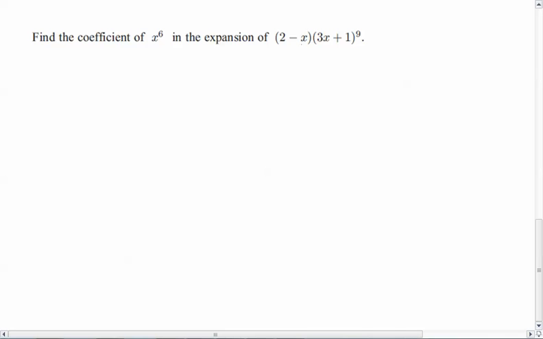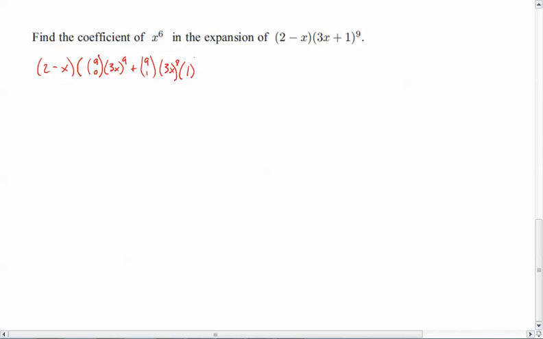If this were me, I probably would not even use the equation that I gave you in this situation. What I would probably do is I would say, okay, let's write out, we've got 2 minus x, okay, and then I'm going to write out the binomial expansion for this. And so the exponent is 9, so it'll be 9 choose 0 times 3x to the 9th, and then of course no 1, plus 9 choose 1 times 3x to the 8th,